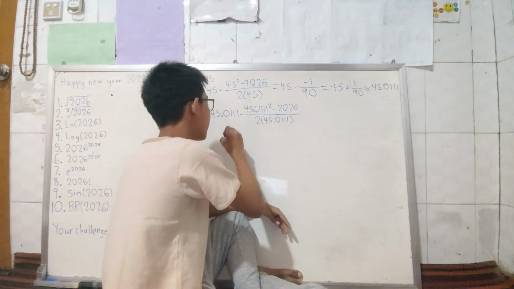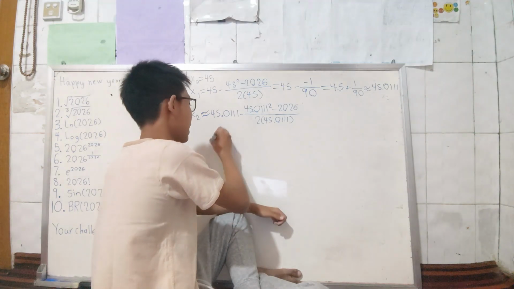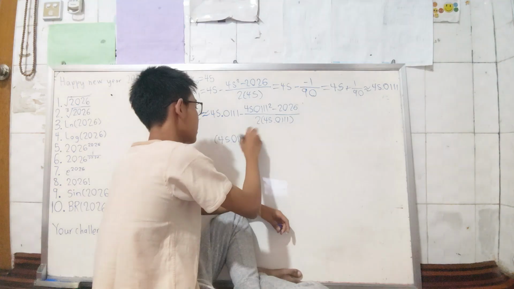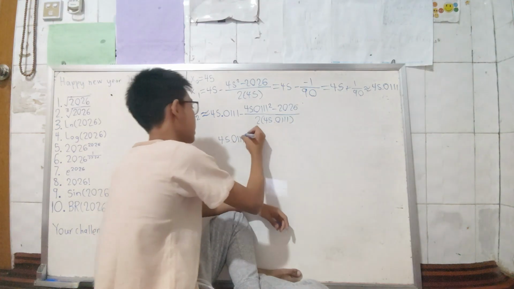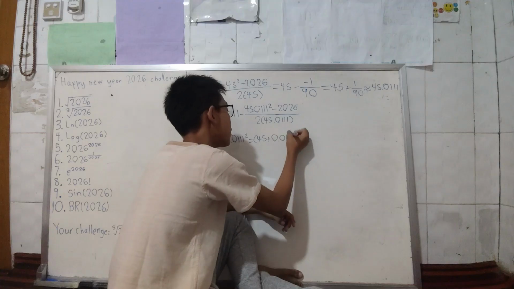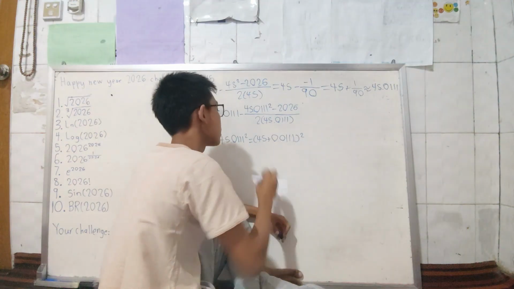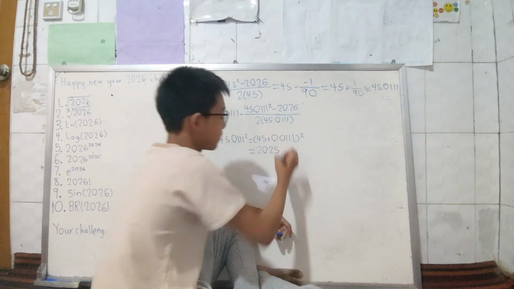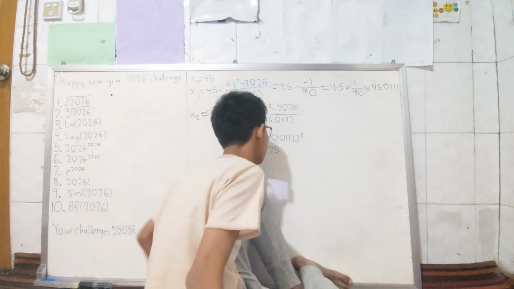Okay, 45.01 squared. I think we can use a little bit of trickery. That square is gonna be 45 plus 0.0111 whole squared. That's gonna be 45 squared, that's just 2025 plus